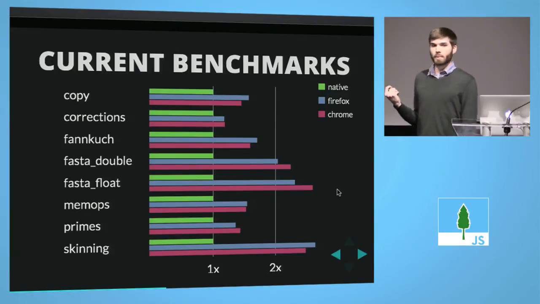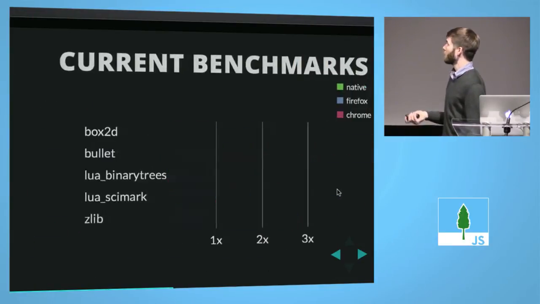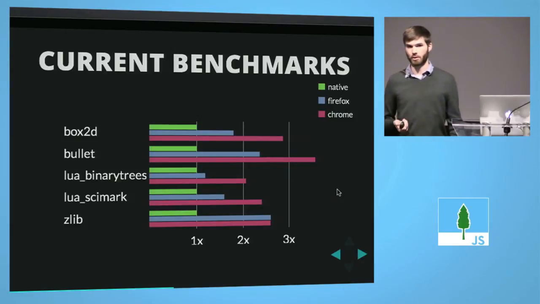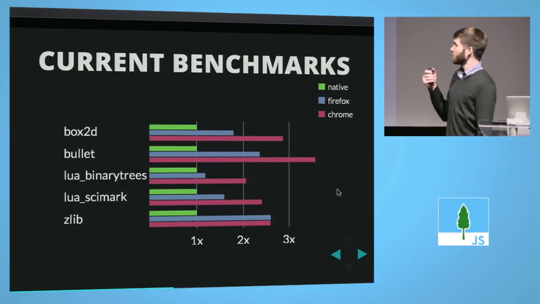they've caught up, but these are micro benchmarks. They're smaller pieces of code that just benchmark certain things. If you look at more real-world benchmarks, Chrome still hasn't proven yet that they can get as good as we can with the AOT compilation strategy. You can see there's the